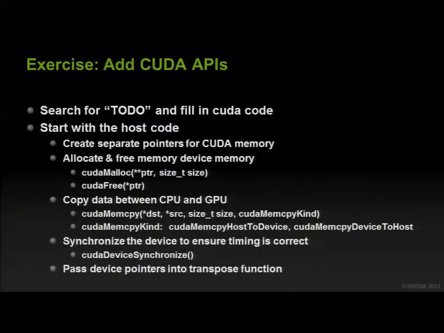And step number one is to actually move it onto the GPU. So that's this first to do. You need to add the CUDA API calls for cudaMalloc, cudaFree, the memcopies, and you probably want to synchronize at the end. That's not absolutely necessary, but